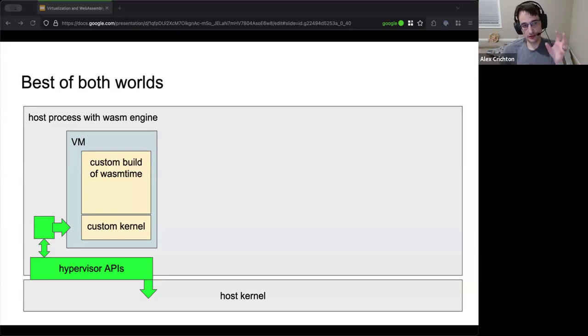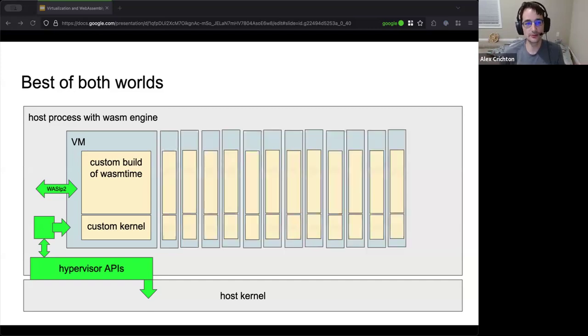So the idea here is that with this little tiny Wasmtime and this little tiny kernel, we talk to the outside world over WASIP2. This is sort of arbitrating, and then we, as the host on the outside, get to decide what exactly happens here. Is it talking to the actual host file system? Is it talking to other network services? Is it talking to another virtual machine? We get to be the ones that arbitrate all those APIs. We get to just forward things between here and there. And these are all very, very slim and very, very small.